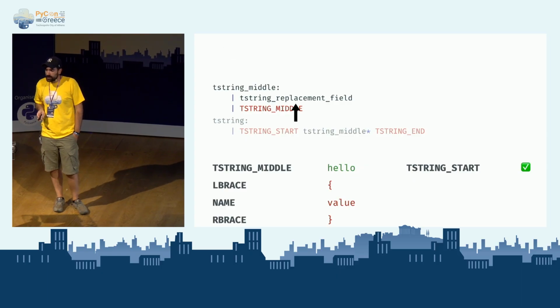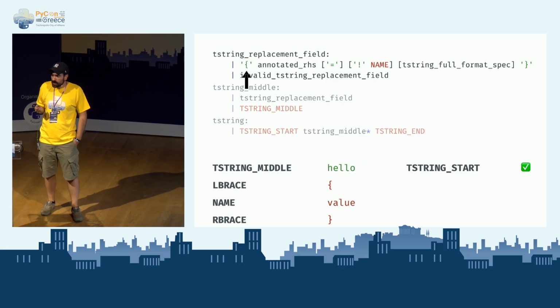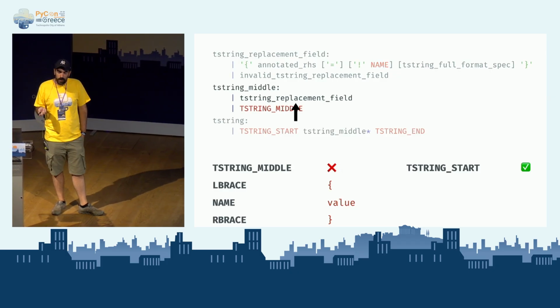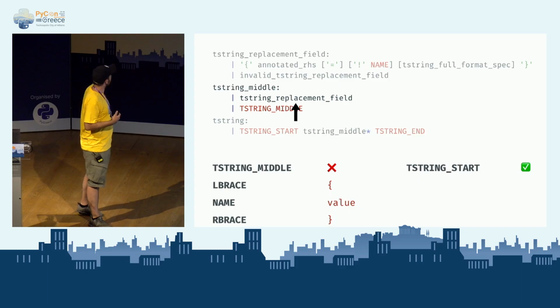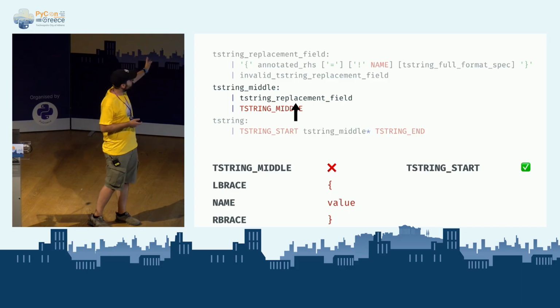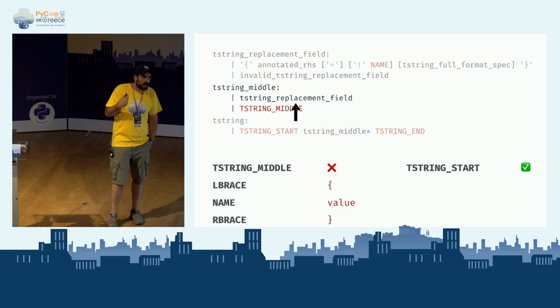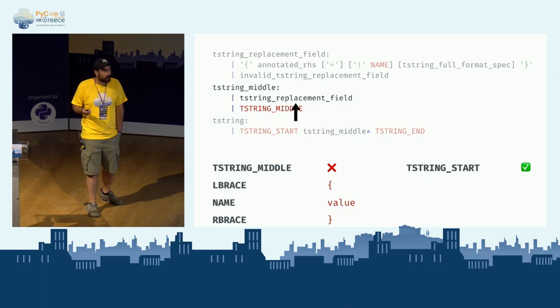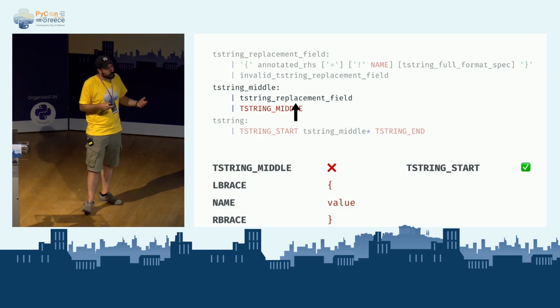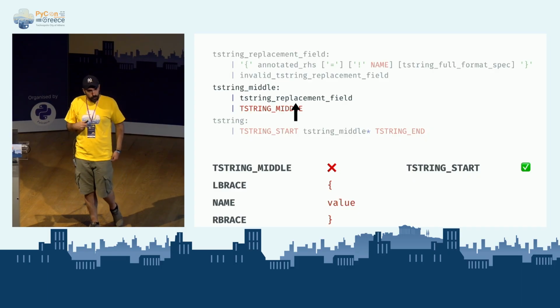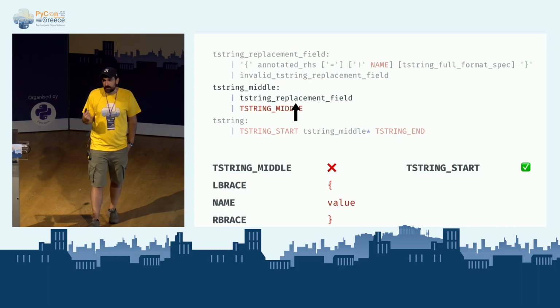The next step is that's another rule. So in this case, the brace is not matched. That's because in this case we do not have a brace in the next token. We have something else. We have a T-string middle. So every time something fails, we go back up, we backtrack, we go to the previous rule and try the next alternative.